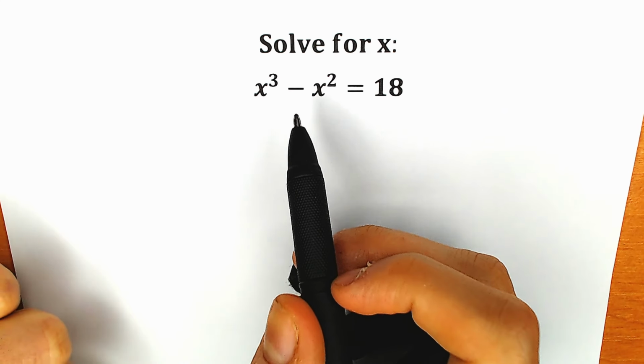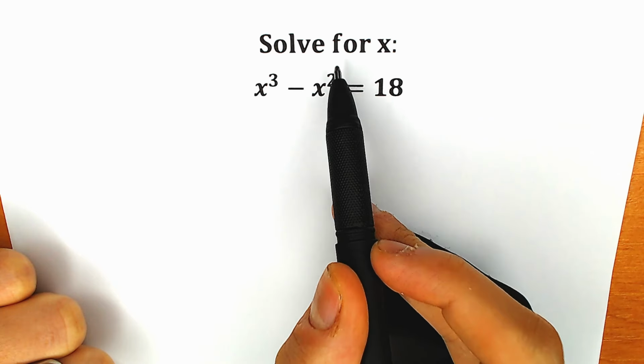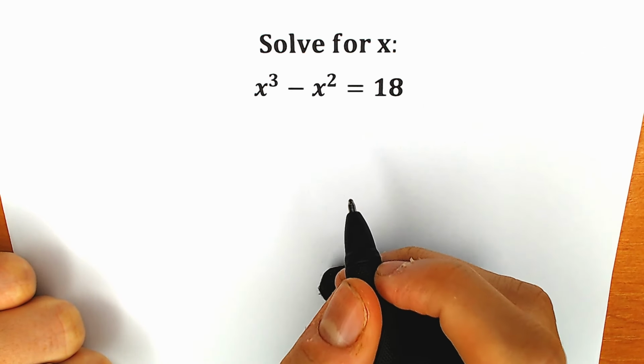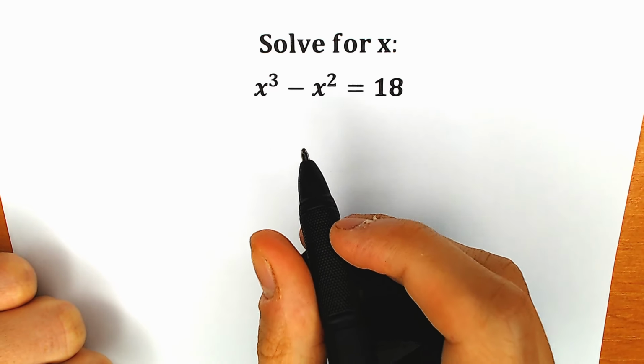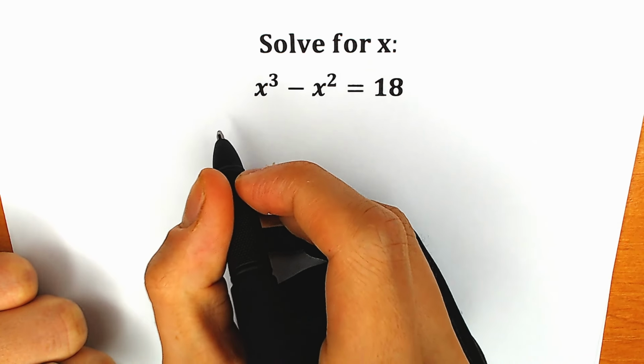Today we have a really interesting equation, x cubed minus x squared equal to 18. We need to solve this equation for x. So if you have your answer, your solution, you can write it in the comments below and then we will check your answers. Okay, so first of all, let's write this 18 on the left side with the negative sign,